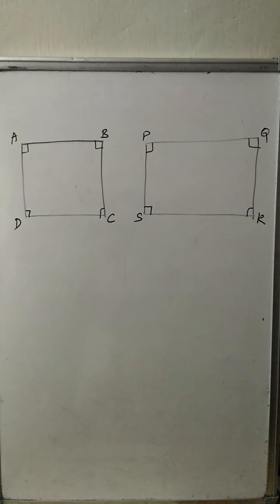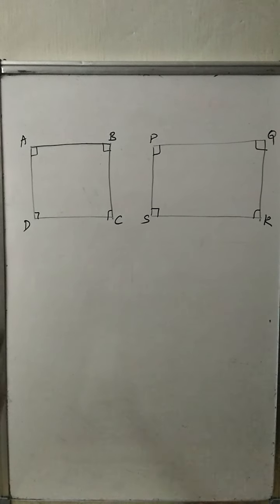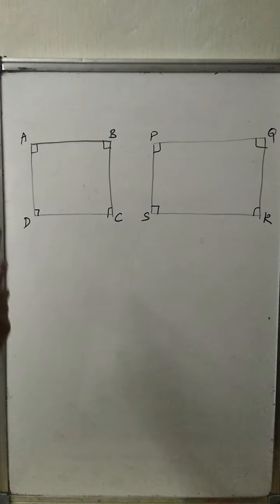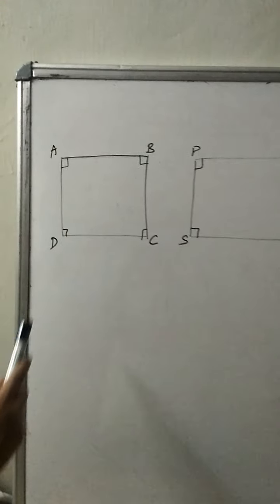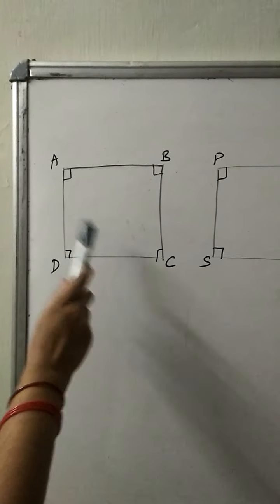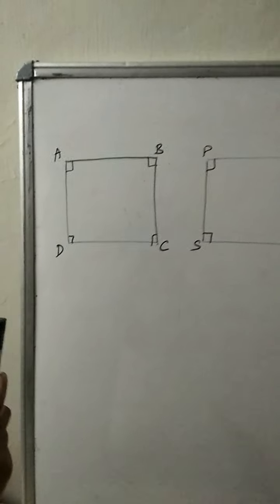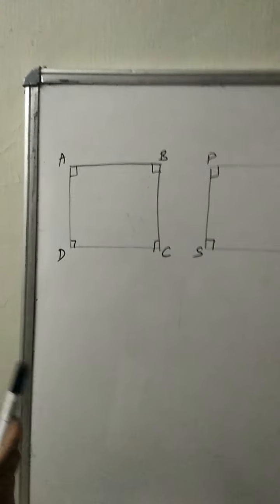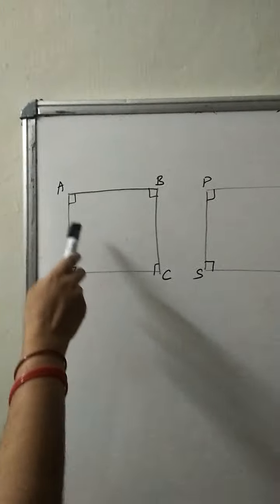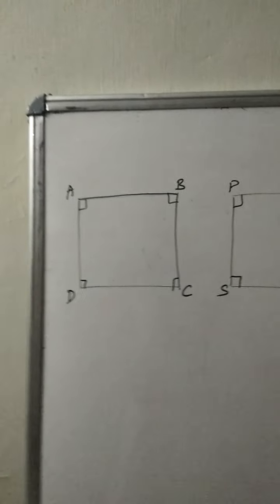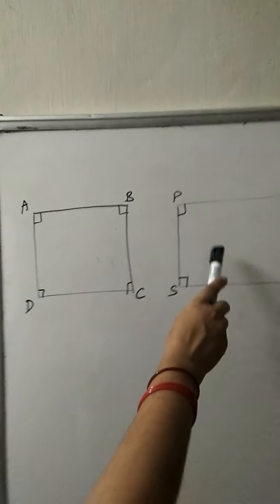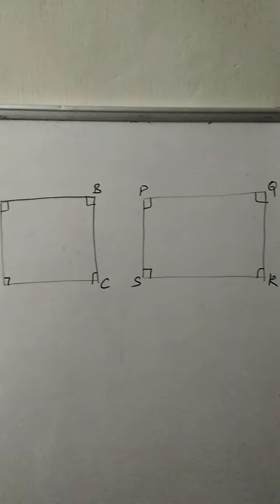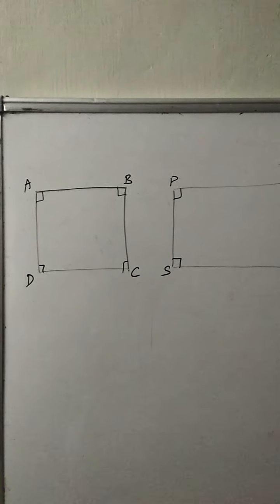Okay, so let us start with squares. As I told you, this is a polygon of 4 sides, so this is also a quadrilateral. That means if ABCD is a quadrilateral, it will possess all the properties of a quadrilateral. That is, it has 4 sides, 4 angles, and the sum of all the angles is 360 degrees. So this square will have the same properties, and a rectangle will also have the same properties of a quadrilateral.